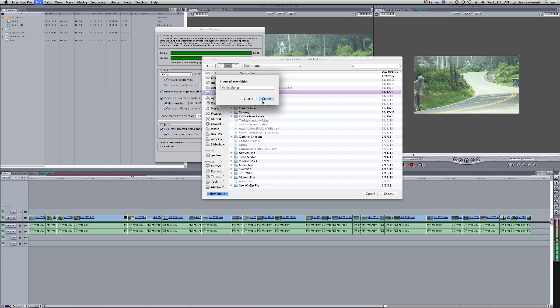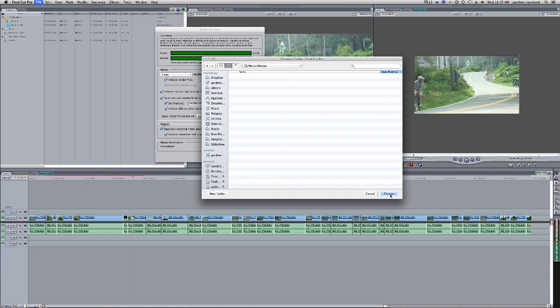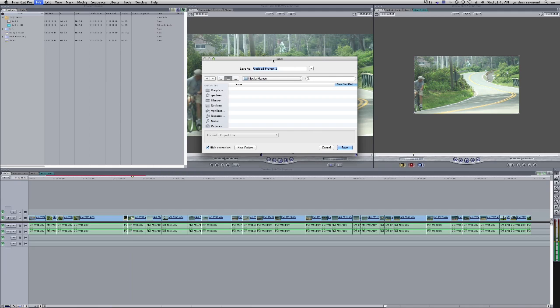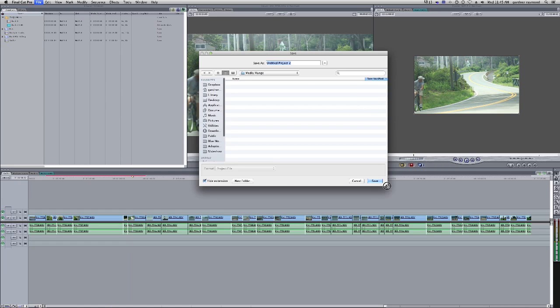I'm going to create a new folder on my desktop. Hit Choose. It tells you where it's going to go. You hit OK, and it's going to ask you what the new project is named. Generally, I'll just name it whatever the project is named. For example, this project is named Tutorial. So I would call this